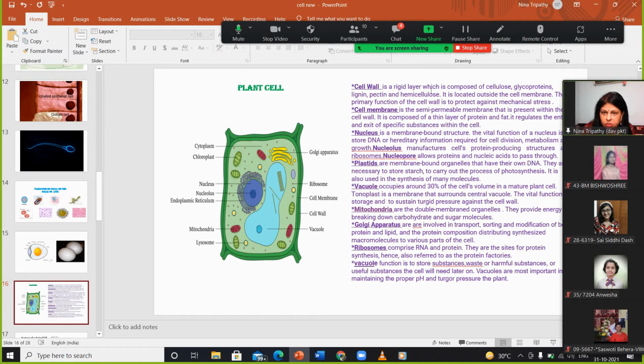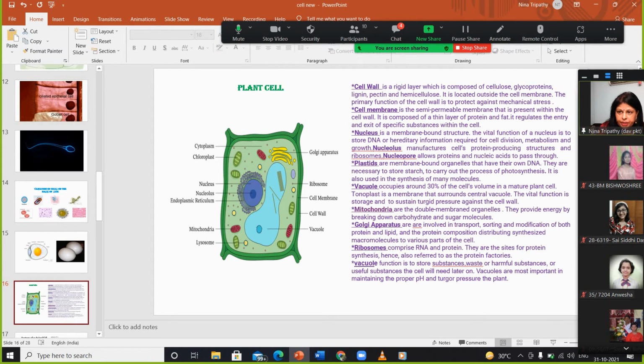They have the cell wall. Cell wall is the outer rigid layer that is made up of cellulose, pectin, hemicellulose and lignin, and that is providing the rigidity and protecting the cell from mechanical stress. Okay, the cell membrane is just inside the cell wall, and it is composed of organic lipoprotein, so that it will be specific, allowing entry of some specific substances in and out of the